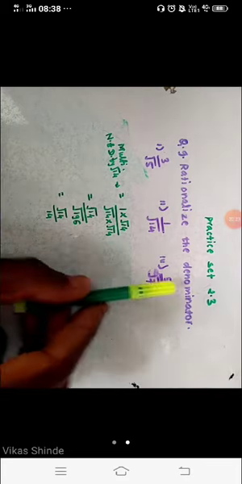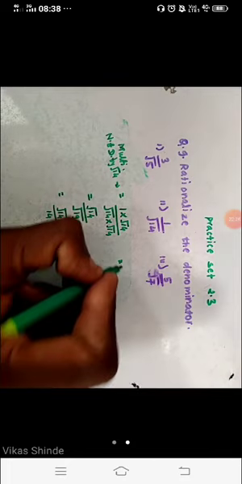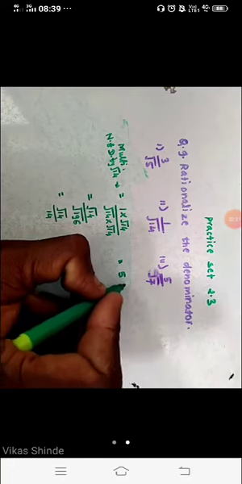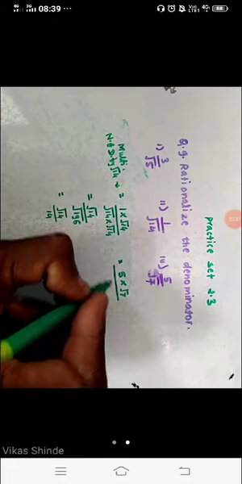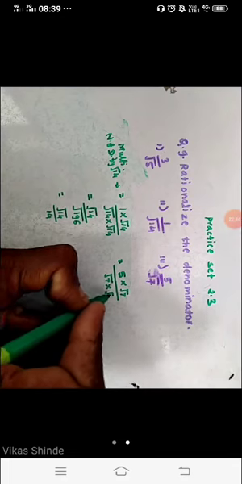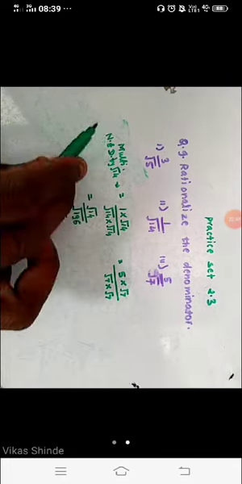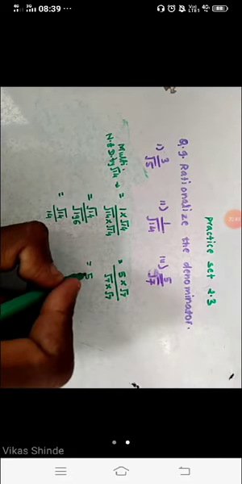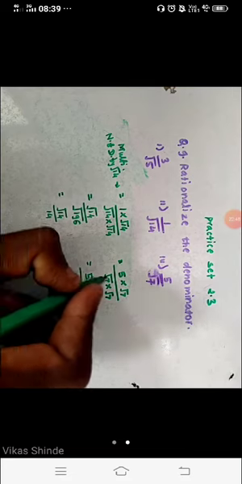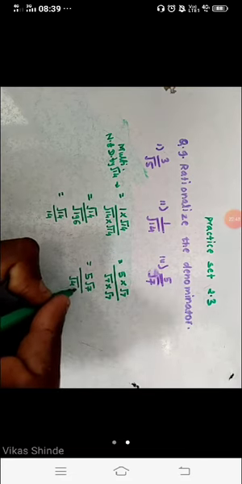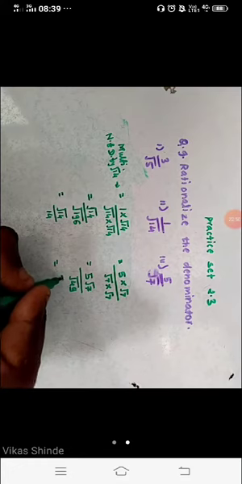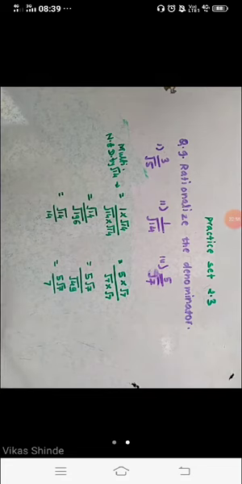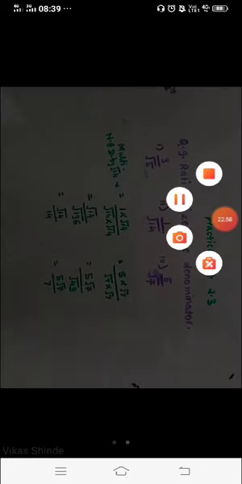Next now, third question, pi upon under root of 7. Here we have to multiply the numerator and denominator by under root of 7. So write pi into under root of 7, then here under root of 7 into under root of 7. Same steps here: multiply numerator and denominator by under root of 7 is equal to pi under root of 7 over under root of 7 times under root of 7, which means under root of 49. Now finally take a square root. Here pi under root of 7, and under root of 49 means 7 here. This is the answer.